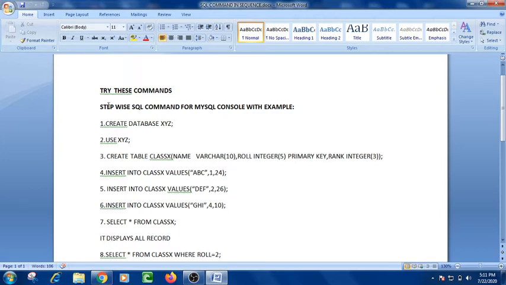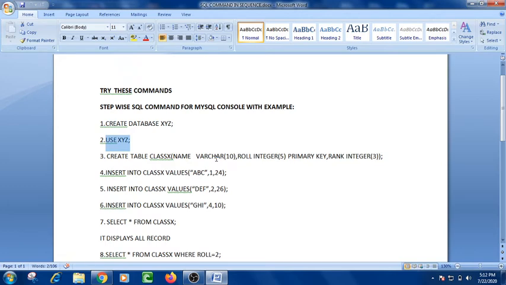Suppose I have created a database XYZ, and for this the command is create database XYZ. Then second step, now I have to use the database named XYZ, so I use the command use XYZ.